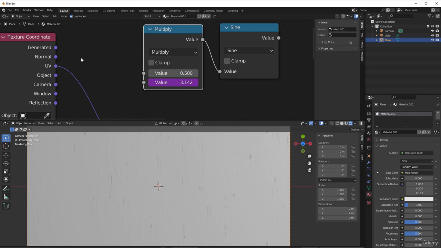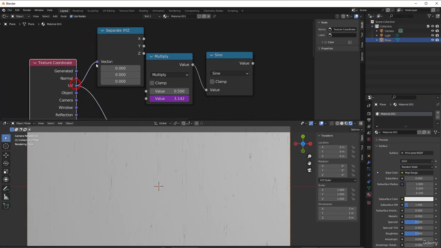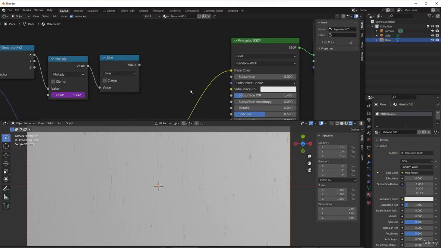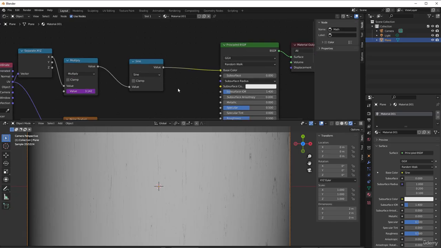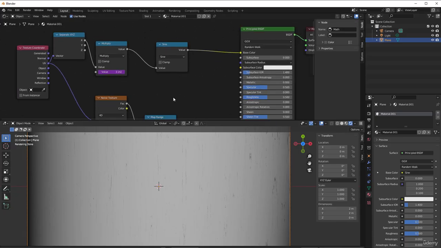So just split UV first, so Shift A, and then go to converter, separate XYZ, like this. And take the UV to the vector and put the X to the multiply here, and take the sine to the base color, so we get it like this. And now you can see it's dark on that side and it's dark on that side, so it's like a